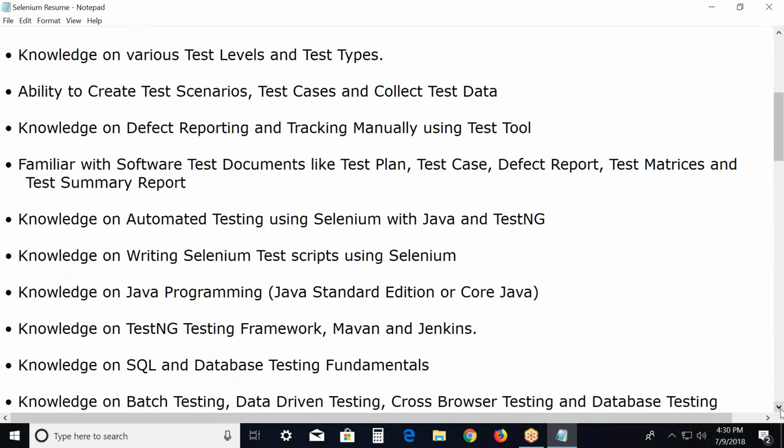Suppose in our application home page, 20 elements are there. 4 edit boxes, 4 links, 2 images, etc. The data we have to collect from development team. Why? Developers only know the application design details, error messages, help messages that we have to collect from developers. Why? They only know the application design details. Say, some test data we prepare, some test data we need to collect from developers, and some test data we